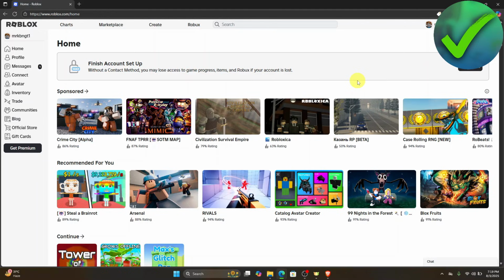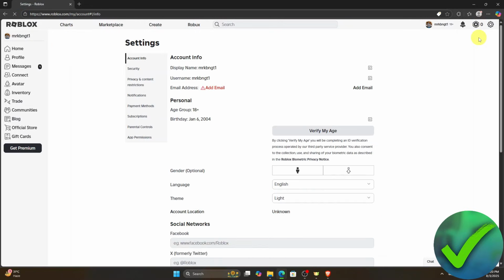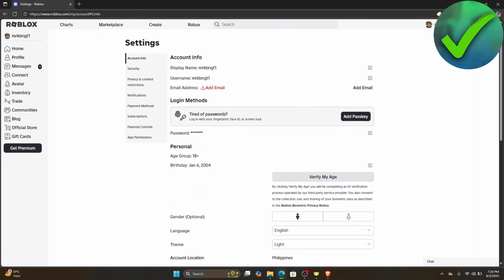So the first thing that we need to do is to, of course, open the Roblox website right here. And then once you're now logged in to your account, the next thing that we need to do is to go on the upper right corner of the screen and then click the settings icon and then click the settings again. Once you click the settings right there, the next thing that we need to do under the account info